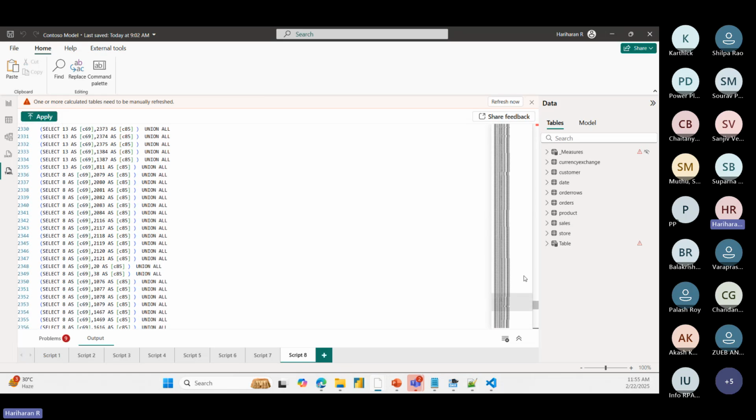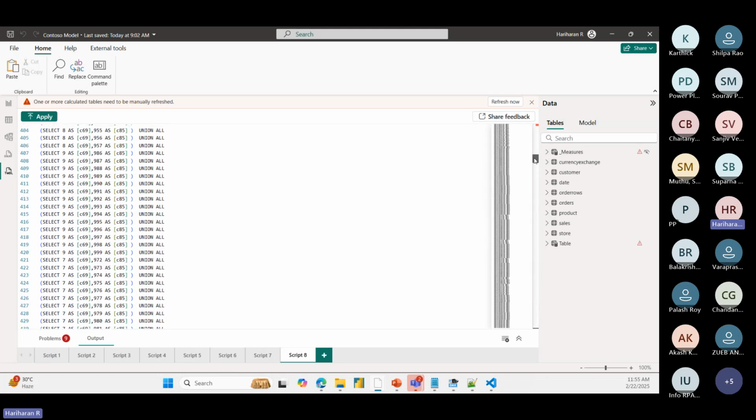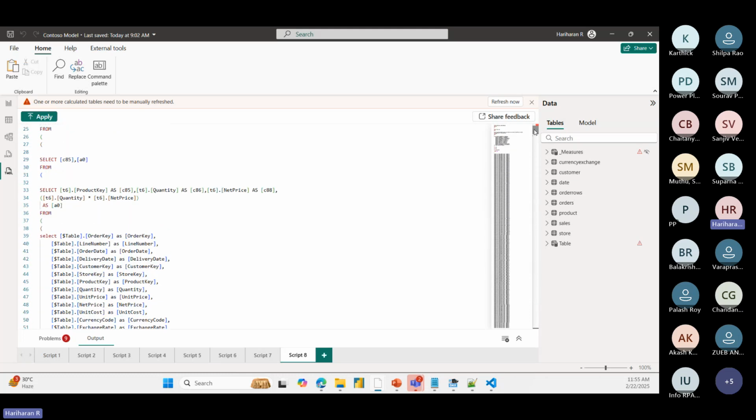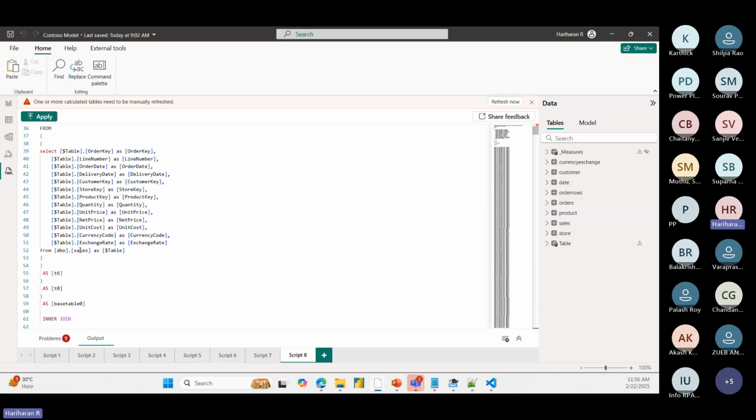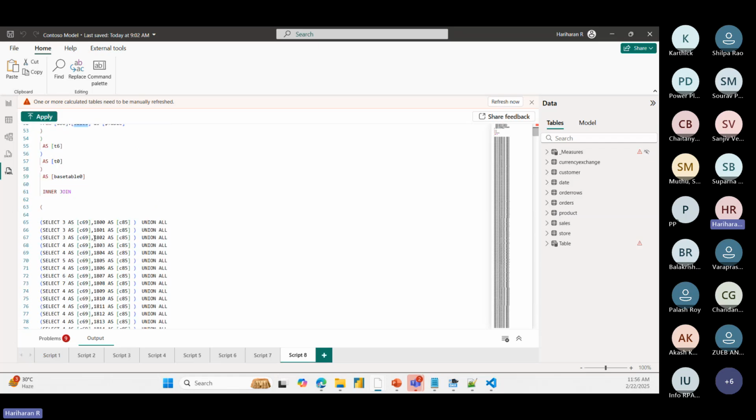So this is a SQL script. You can see there are a lot of details because the dimension table is in import and the fact table is in direct query. This is not a standard practice. So what is the best practice? For best practice, we have to go and